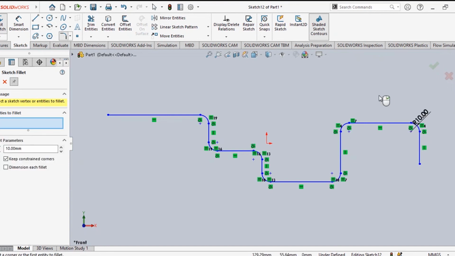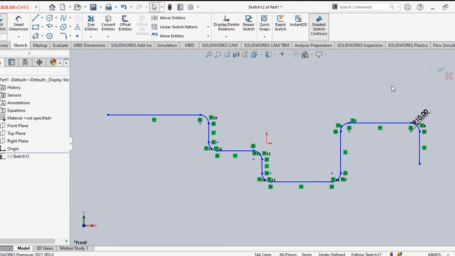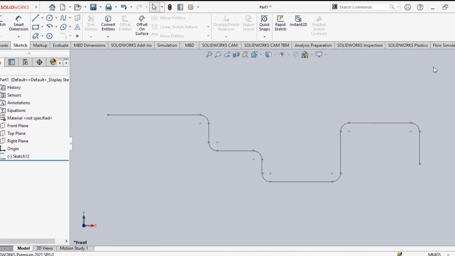Now along this path you have to make a pipe. So the thing is, this is the path. Along this path you have to make a profile, and profile should be perpendicular to this path. Profile should be perpendicular to this path. So first of all, you accept this sketch. Sketch is complete. Exit from the sketch. Now you are not in the same sketch. You are in a different sketch.